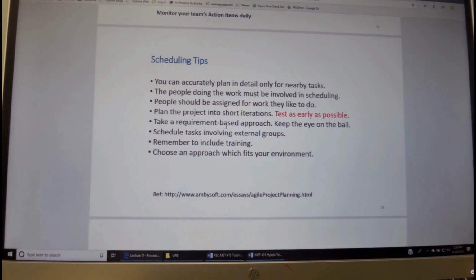Take a requirement-based approach and keep an eye on the requirement pool. Schedule the tasks involving external groups. Remember to include training for skill sets which are missing, and choose an approach which fits the environment of your corporation.